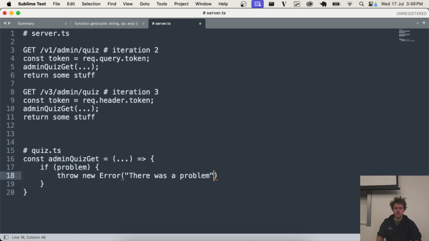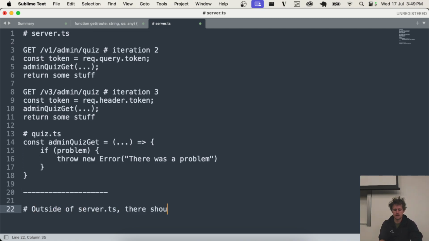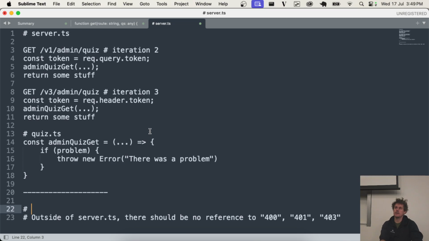But there are two rules that are really important that we want you to follow for iteration 3. Many of you will maybe have been following them already, and some of you haven't. The spec has an attempt to describe this in some detail, though I'm going to describe it in my own way, which is that outside of server.ts, there should be no reference to 400, 401, or 403. And the other rule is that